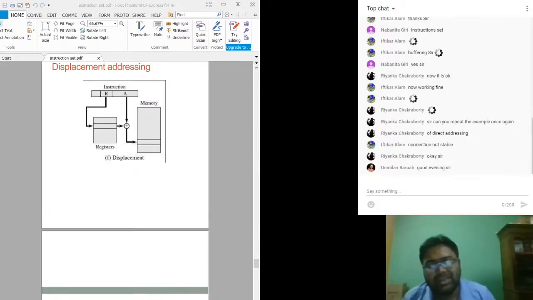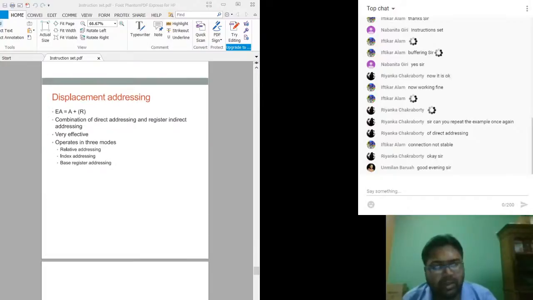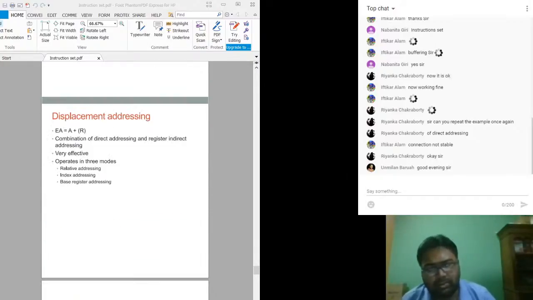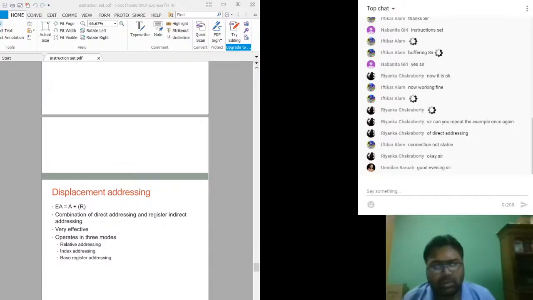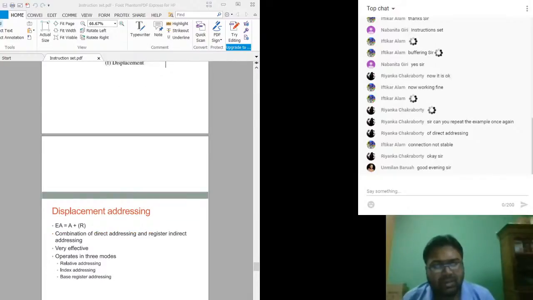This is known as displacement addressing. The effective address EA is A plus R. It is extensively used for programming. Displacement addressing has three types: relative addressing, index addressing, and base register addressing.